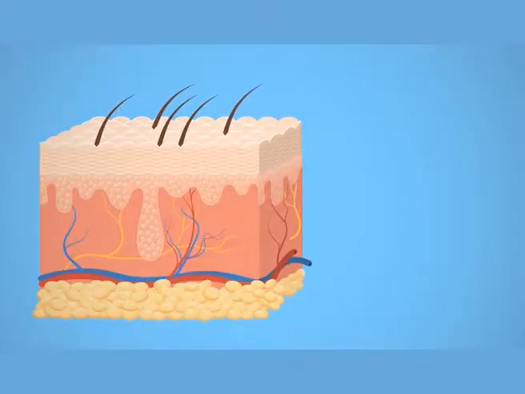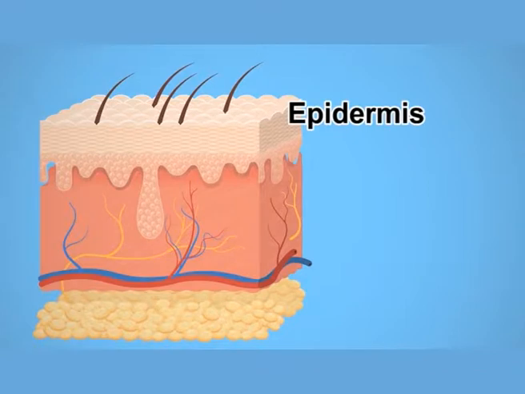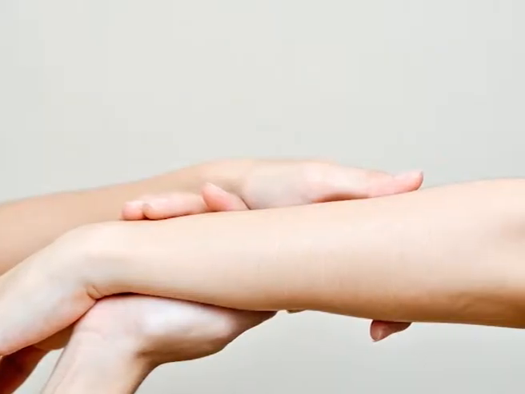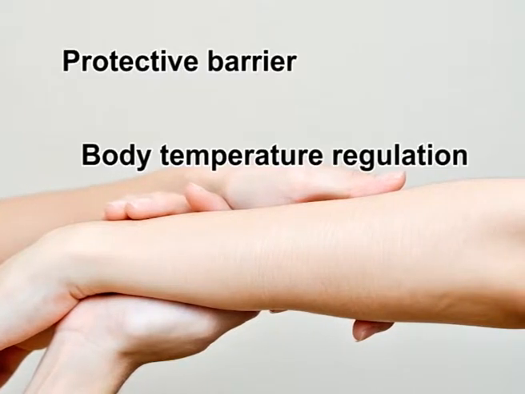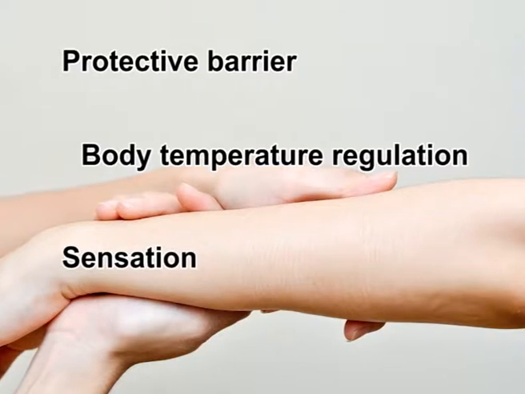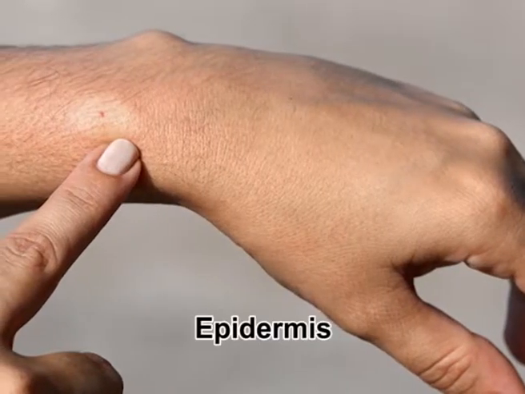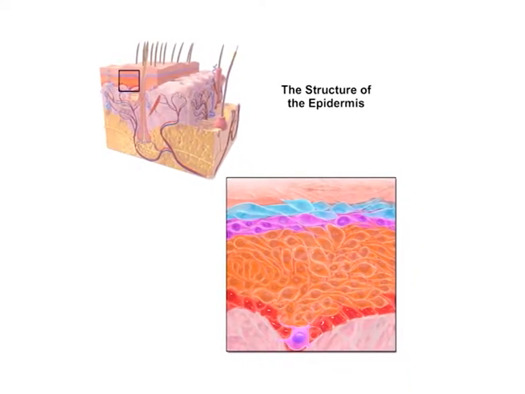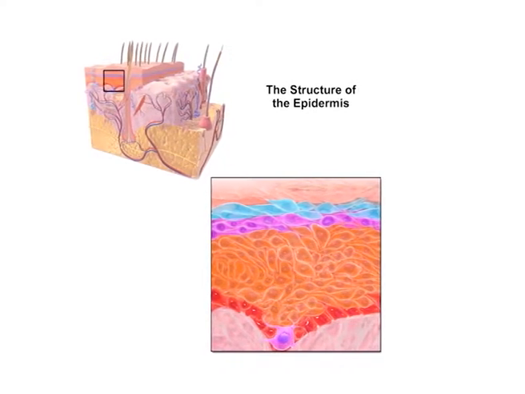The skin is an organ composed of three anatomical layers, namely epidermis, dermis and hypodermis. These anatomical layers together function to provide the body with a protective barrier, body temperature regulation, sensation and excretion. The outer layer of skin is the epidermis. The epidermis prevents water loss through evaporation, acts as a receptor organ and provides a protective barrier for the underlying